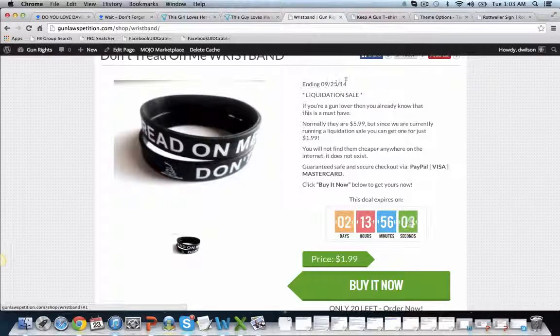And then we just say ending 9/25/2014, liquidation sale. We're basically going to sell this thing for the same price we get it for. You can mark it up if you want, but the key is I want to get people in the funnel and I want to collect those buyer leads, and then I want to upsell them to a Keep a Gun t-shirt